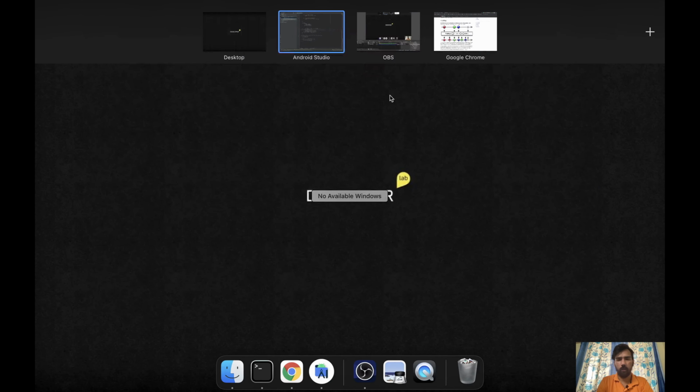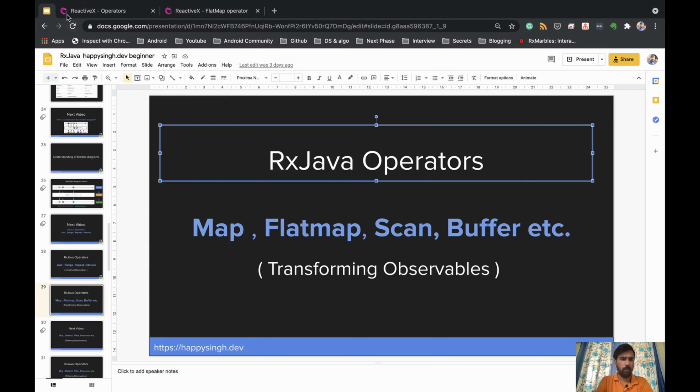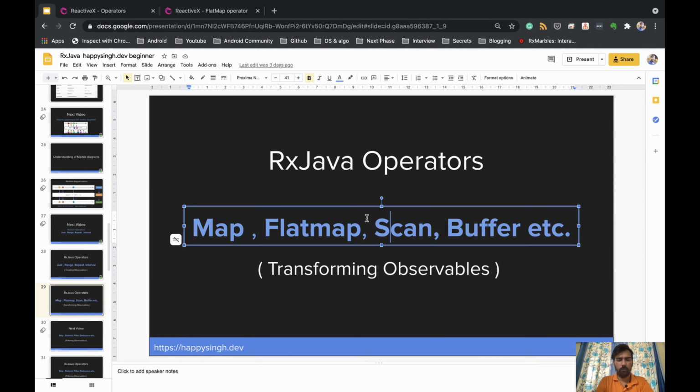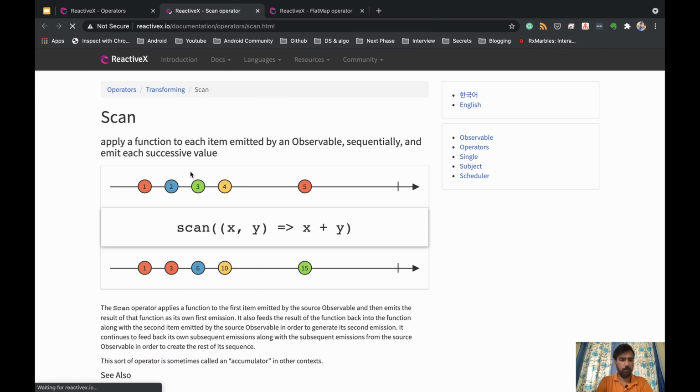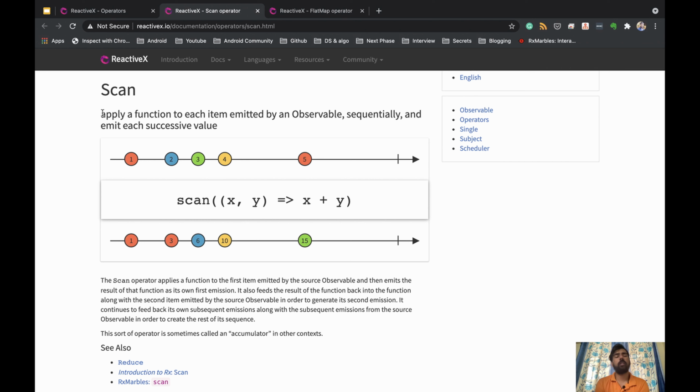Let's go for the third one. The third is scan. Let's see its marble diagram. What the scan operator does is it takes two values, x value and y value, does some operation on them, and returns one value.